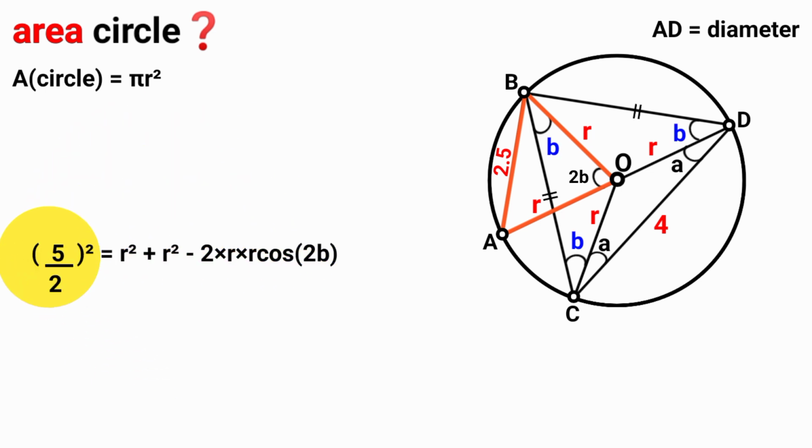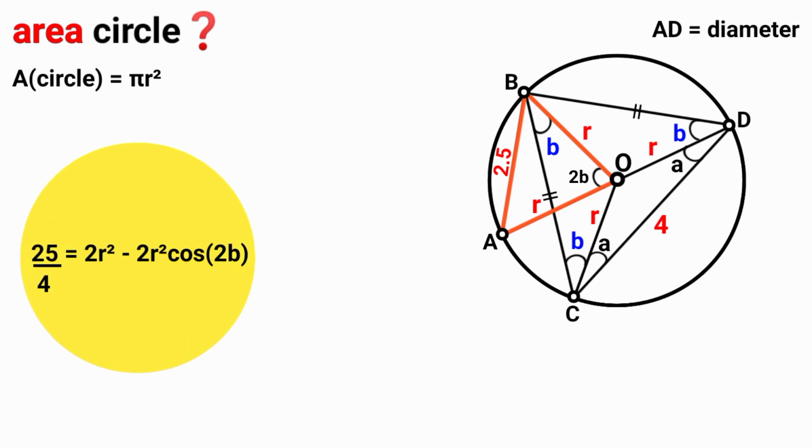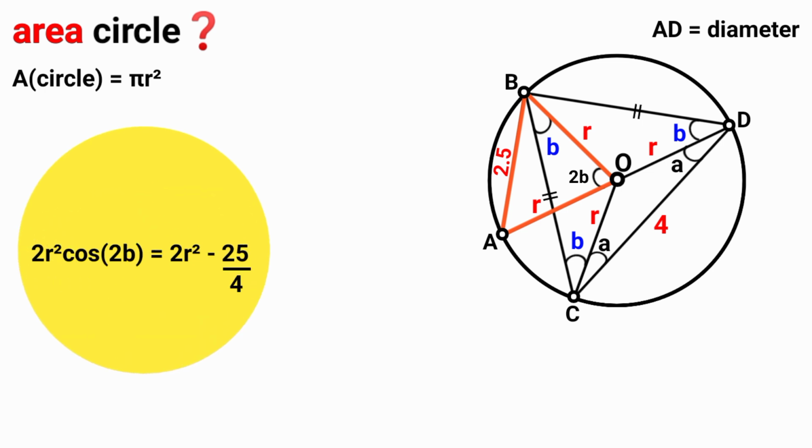2.5 is the same as 5 over 2. 5 over 2 all squared is 25 over 4. Here R squared plus R squared is 2R squared. Minus 2 times R times R is minus 2R squared cos 2B. So 25 over 4 equal to 2R squared minus 2R squared cos 2B. Take this 25 over 4 to the right, then this to the left. So 2R squared cos 2B equal to 2R squared minus 25 over 4. Here 2R squared minus 25 over 4